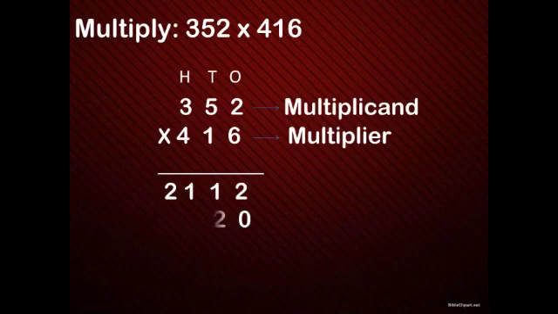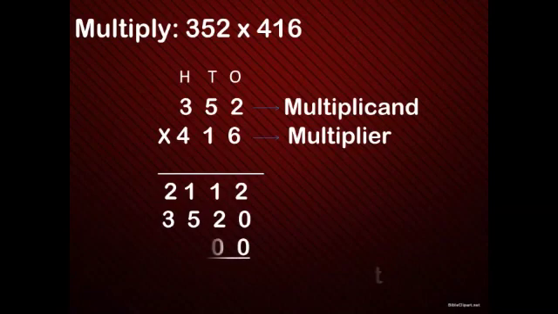1 2s are 2, 1 5s are 5 and 1 3s are 3. Okay, now we will go on to the hundreds place. What is the digit in the hundreds place? It is 4. So 4 into 2 is 8. 4 5s are 20, carry over 2. 4 3s are 12 plus 2, 14.